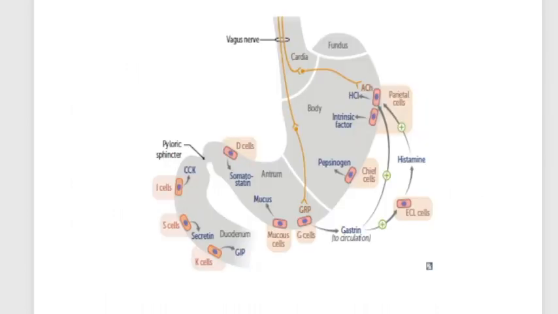So this is just a really nice slide to kind of pull it all together when we're talking about that gastric secretion and the nerves involved. So you can see here we have the vagus nerve from the parasympathetic. So that's going to go over here and stimulate acetylcholine. And acetylcholine is going to stimulate the parietal cells, and the parietal cells are going to give us hydrochloric acid. They're also going to stimulate intrinsic factor so that we can get vitamin B12 absorption, which is going to happen over in the ileum. So in the back of the parietal cells, we have histamine receptors, H2, and that's where